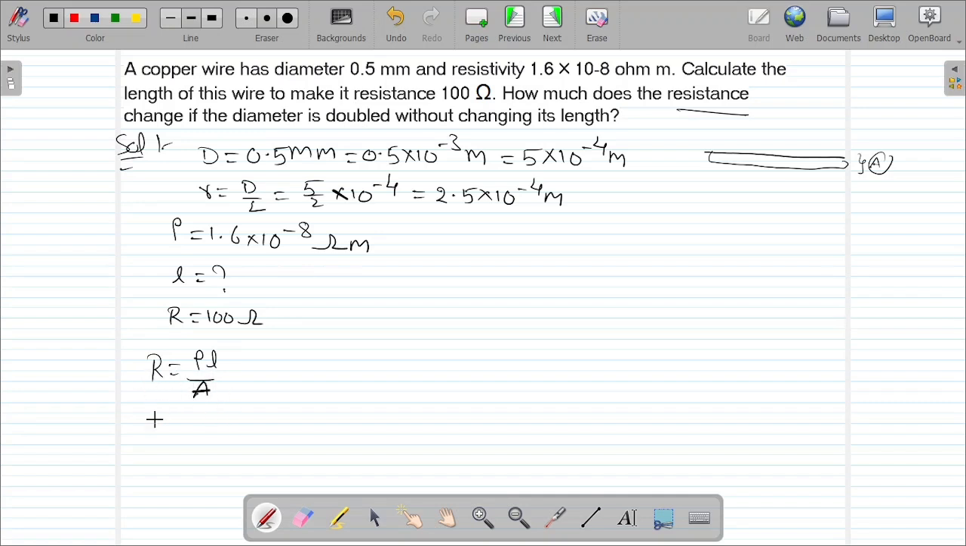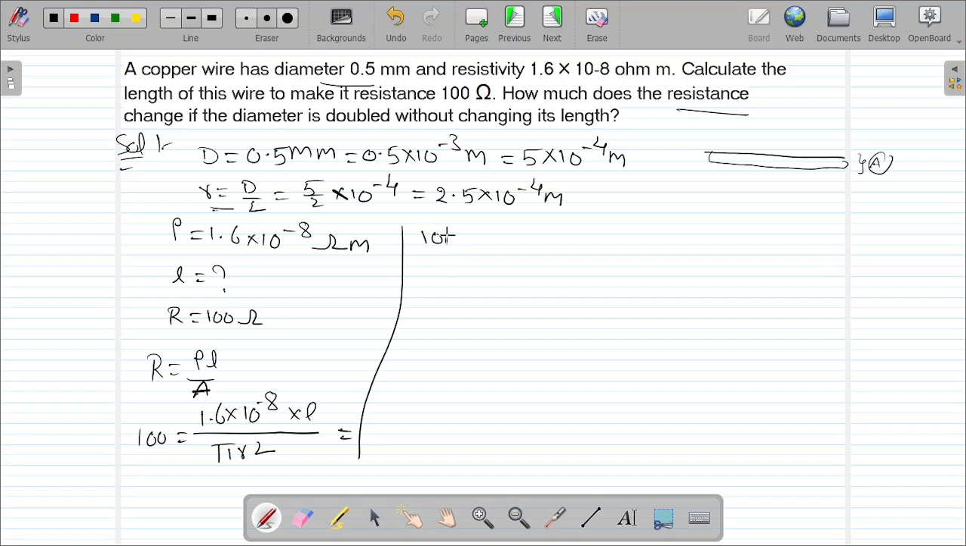So what is the resistance? 100. Resistivity 1.6 into 10 to the power of minus 8 into L by area. What is the area? It's pi r square. As we discussed just before, here we have the diameter and we have the radius also. You can substitute either the radius or the diameter, anything can be taken. So from this,